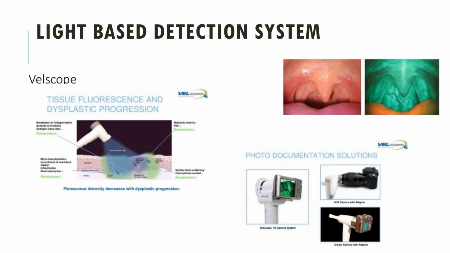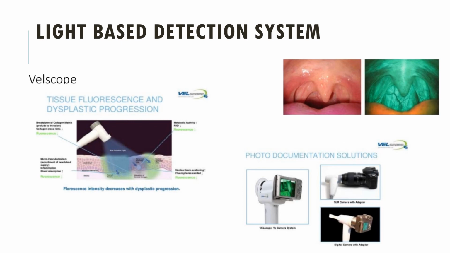The interpretation is based on the color. If you see a dark blue or royal navy stain, it is considered positive. If the lesion appears light blue, it is doubtful. And if there is no color on that particular lesion, that means it is negative. So this is how it works.